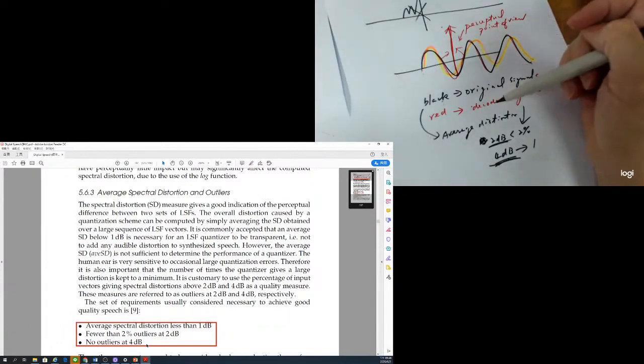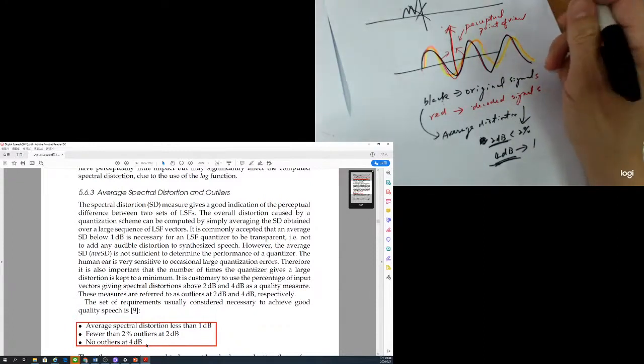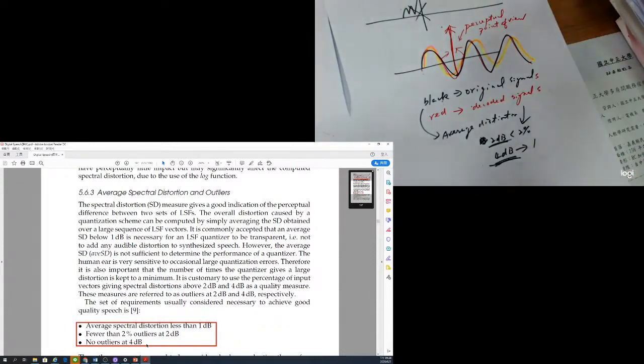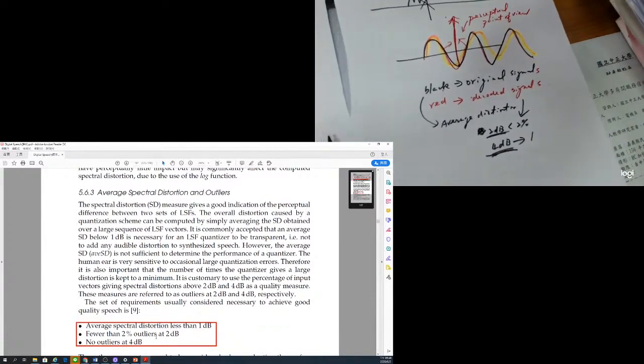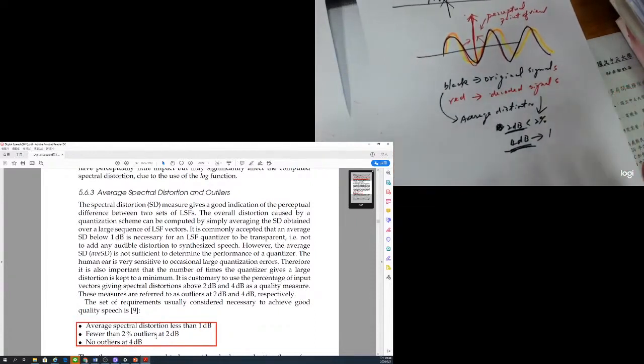So it's not enough to look at the average distortion. We have to look at your reconstructed speech signal and make sure no big distortion comes out. We do not allow big distortion